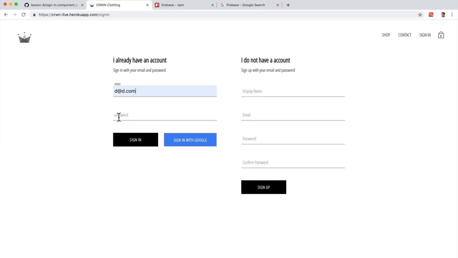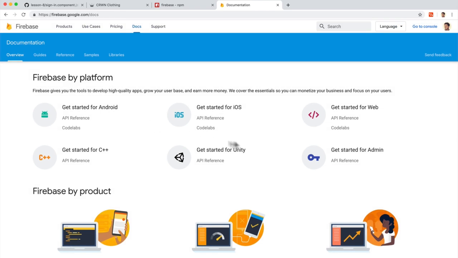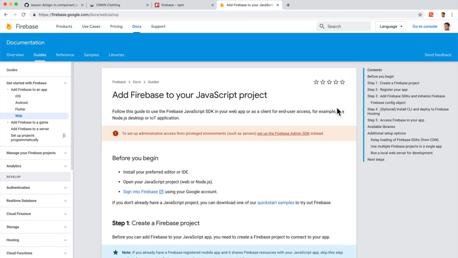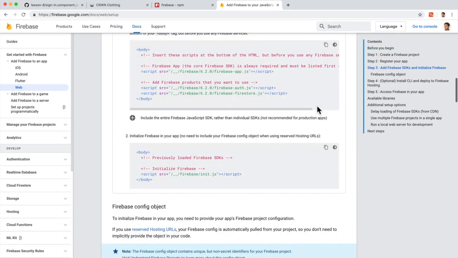You see, most of the time, when you're working with something like Firebase, you have to realize that developers like myself or Ihua aren't going to memorize the entire Firebase library because this is always evolving. This is always changing. So for example, if I Google Firebase and go to their docs, their documentation, over the next couple of videos, we're going to see some of the implementation that Ihua is going to show that is actually part of the documentation. So if we click on Get Started for the Web,